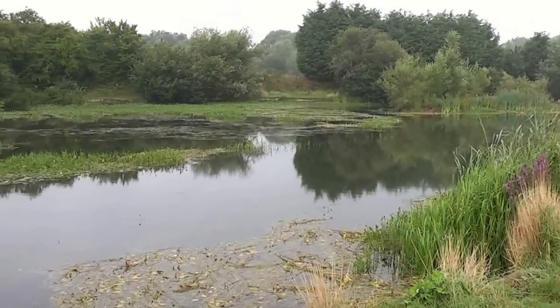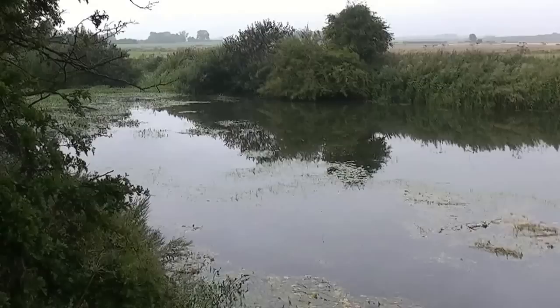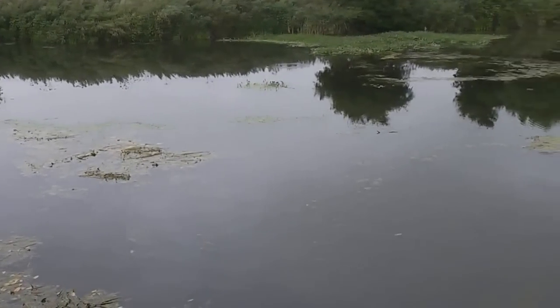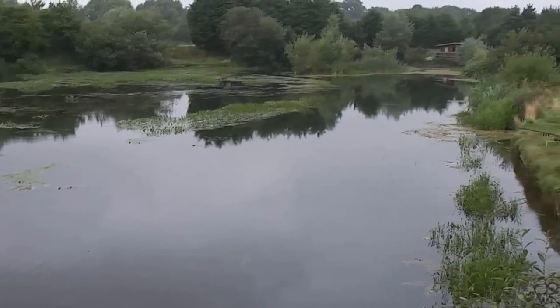As you can see, we're at a really, really weedy Emmotland Pond 3. Now, in all the years that I've fished this lake, I don't think I've ever seen it this weedy. But despite the weed, it is still possible to get these fish out of here. But you've obviously got to have the right tactics to do it. So what I'm going to do now is take a look at my approach to fishing a really weedy water